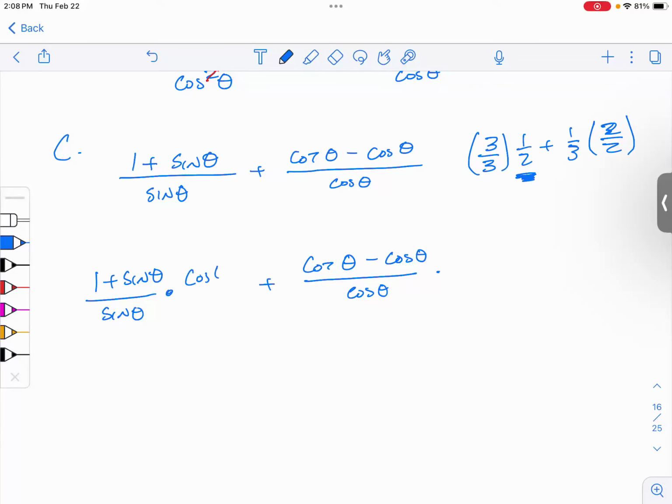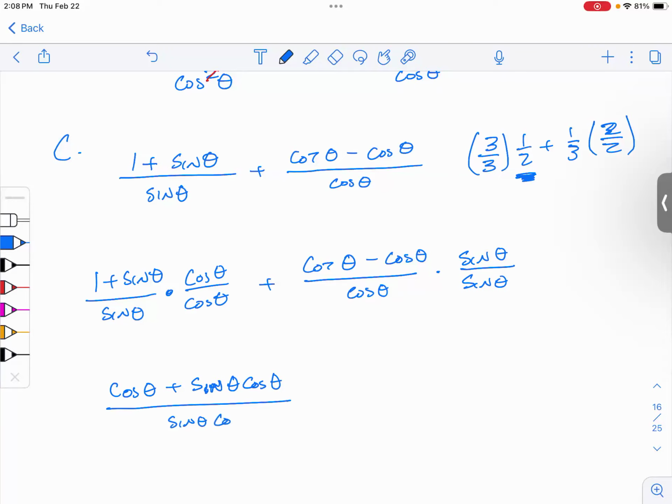So this one multiplied by cosine theta over cosine theta. Multiply this one by sine theta over sine theta. And then let's multiply this in: cosine theta plus sine theta cosine theta all over sine theta cosine theta